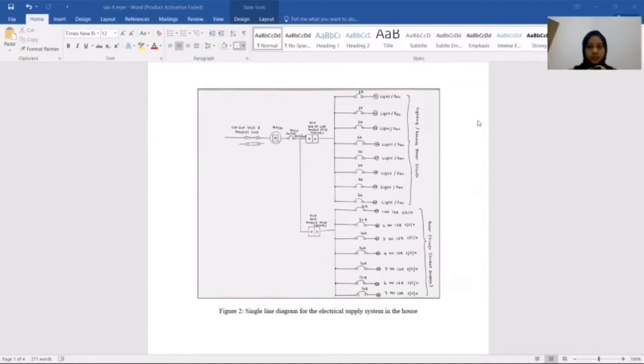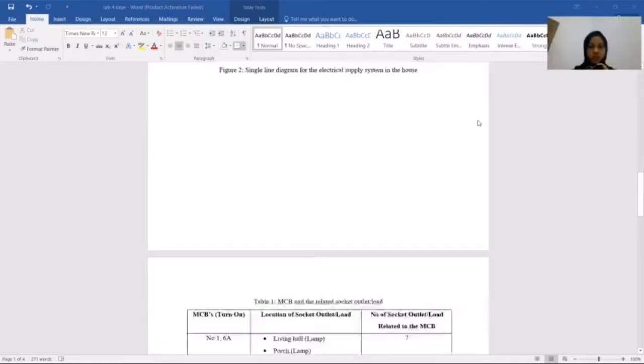For the lighting power circuits, there are 8 of them, connected to 6 ampere circuit breaker or fuse. And then there are 7 power circuits for socket outlets, where 6 of them are connected to 16 ampere circuit breaker or fuse, and one of them is connected to 32 ampere circuit breaker or fuse. And then